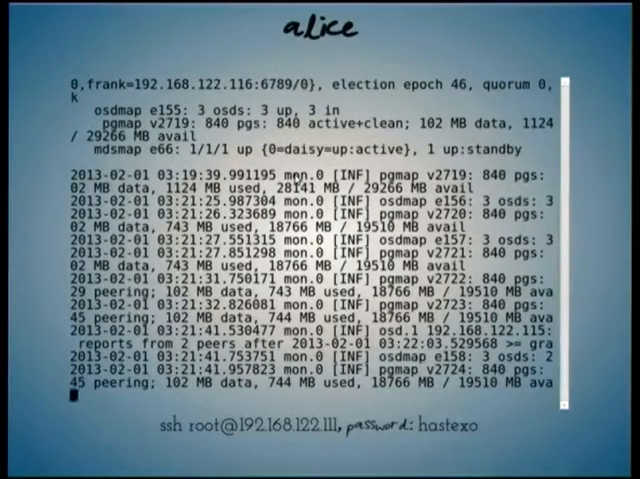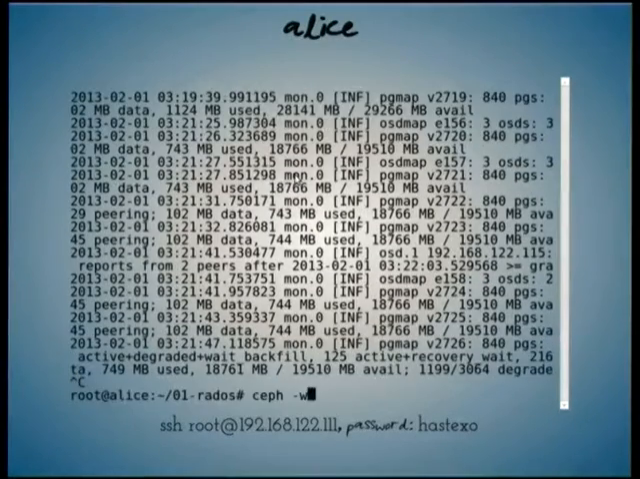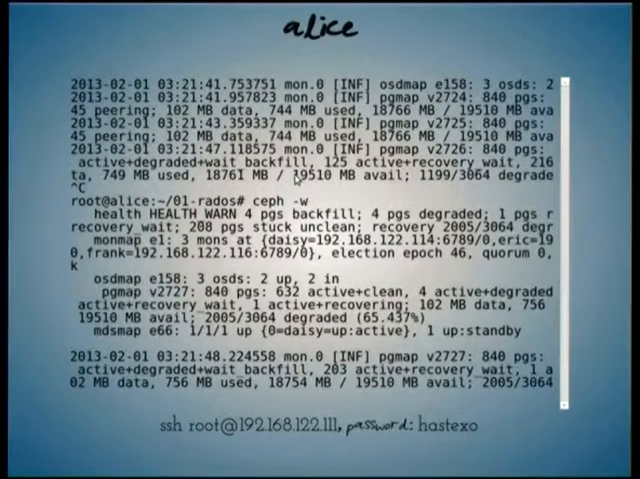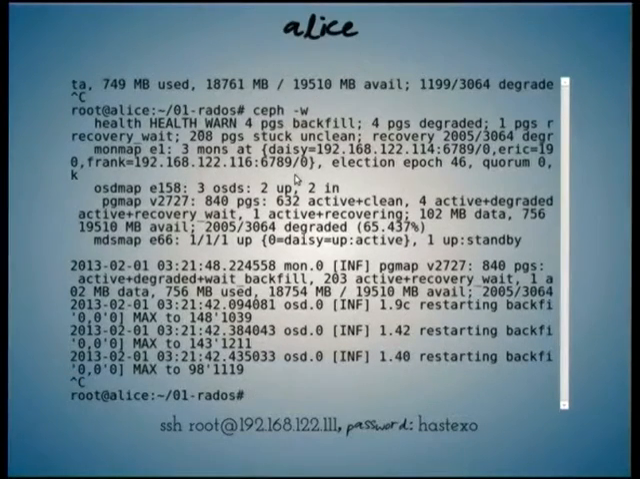Right, 3 OSDs, 2 in, so let's do that again. Ta-da. As you can see, 3 OSDs, 2 up, 2 in. Oh, you actually kicked it out? Yeah. Ah, okay. Sorry. That was too quick. So